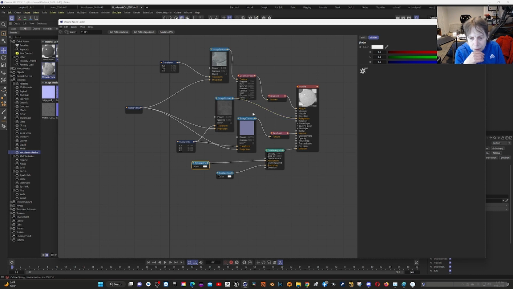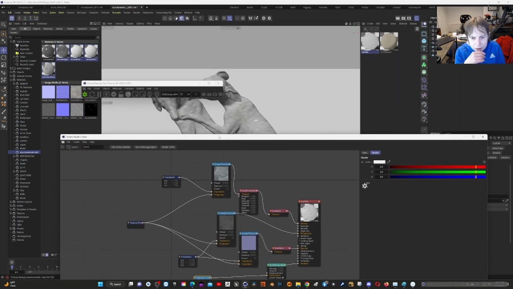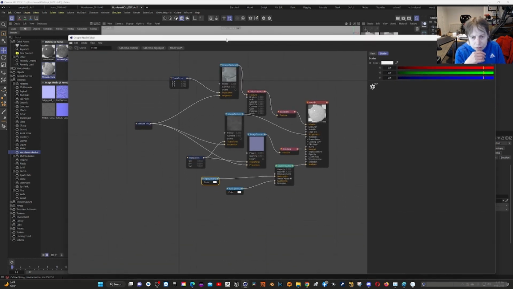Like I said, I have a roughness and I have a normal. And again, you can adjust the size with the transform and change the projection. Sometimes you have a texture that does not fit the model, and that's what the transform lets you do. If you have a huge model and a texture that's tiny, you can make it bigger, or vice versa. You have a small model and the texture's way too big, you can